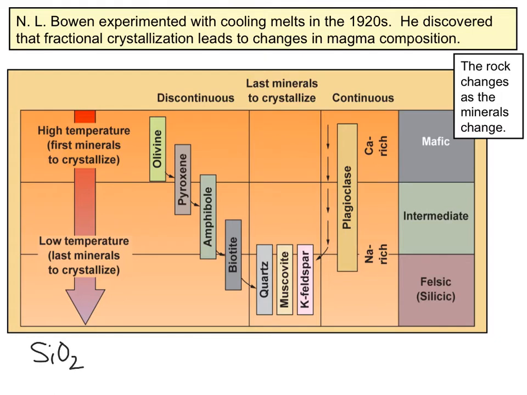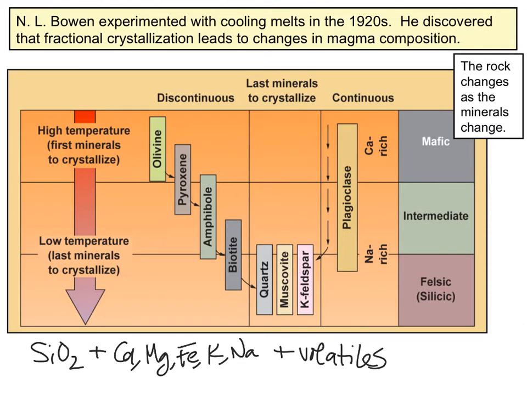But then it's also going to have calcium, magnesium, iron, potassium, sodium, and maybe a few other elements, plus or minus volatiles. I guess I should include aluminum here because that's a big player. Okay, so these are the elements that you have to work with from which you can